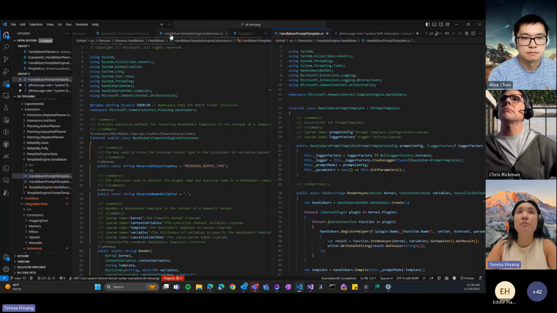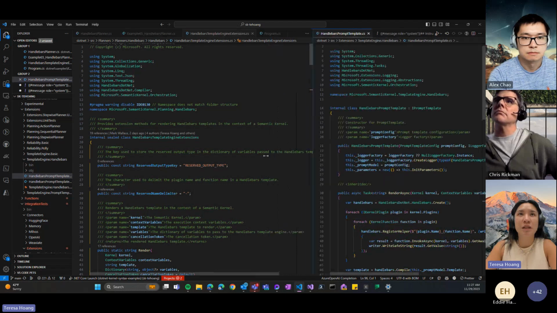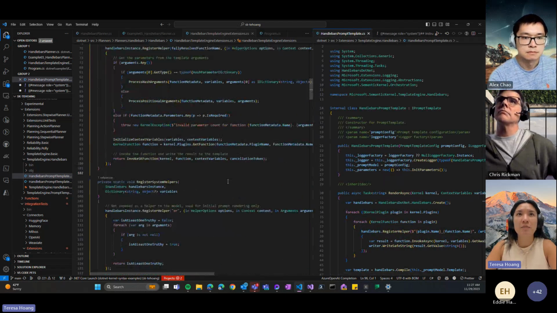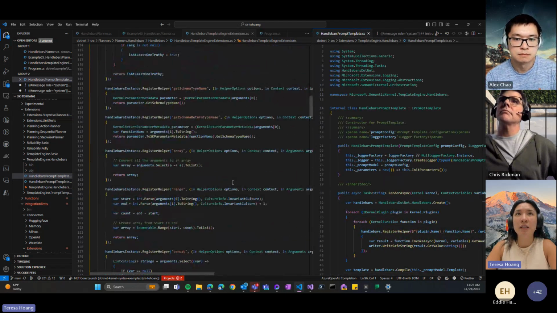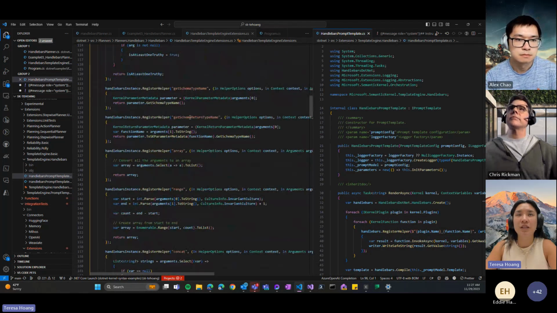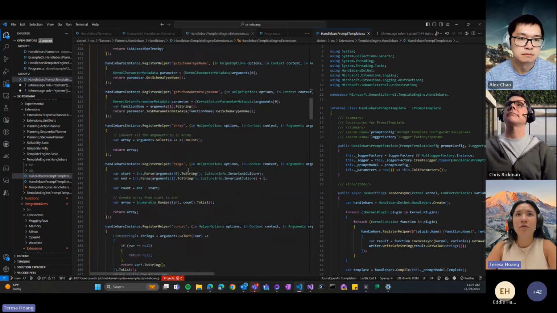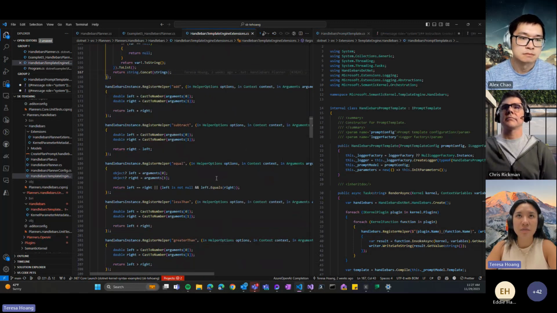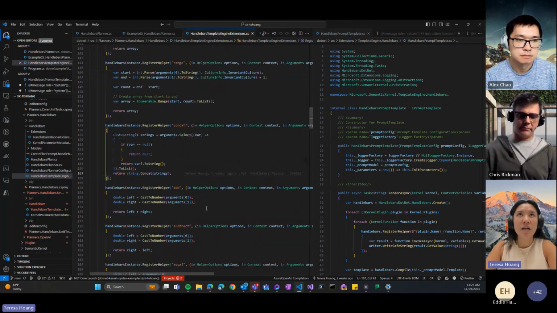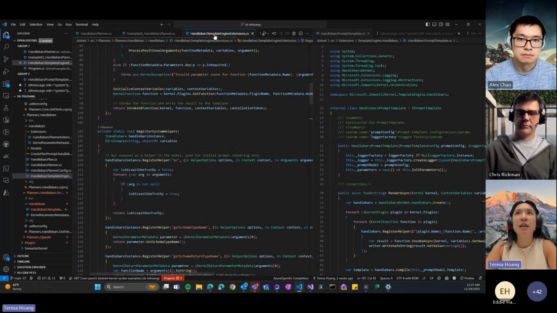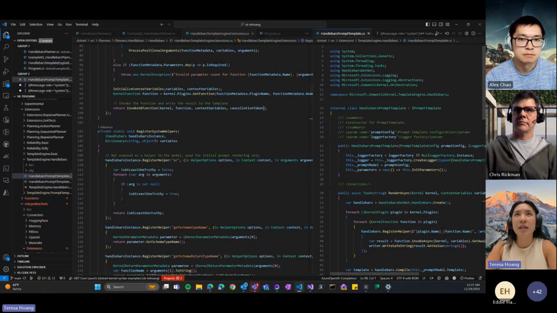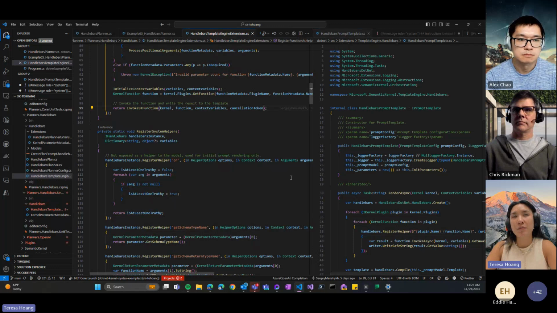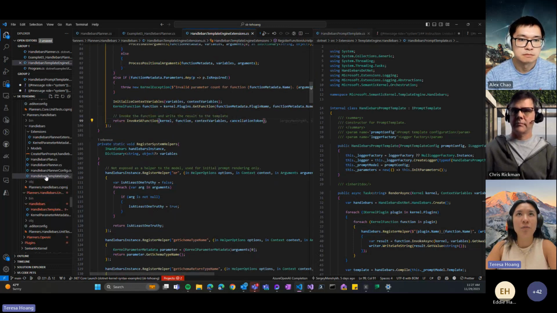But for the Handlebars planner, we had these extensions because we wanted to bake in some custom functionalities, like common operations that the planner tended to hallucinate, for instance concatenation or different comparison utility functions. So this will hopefully be integrated with the broader template engine in the coming week. That's what I'm currently working on right now, but you'll be able to find that under the Handlebars planner today.